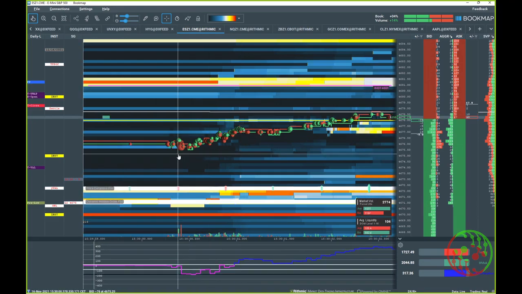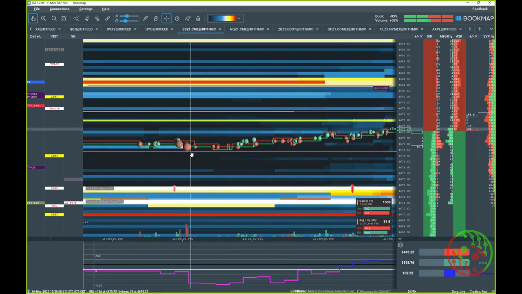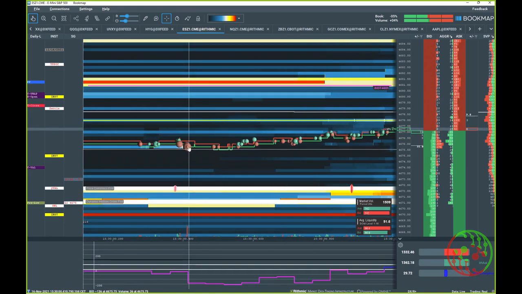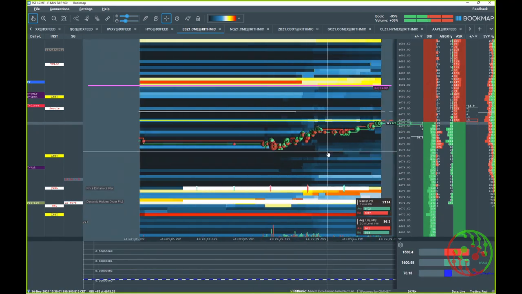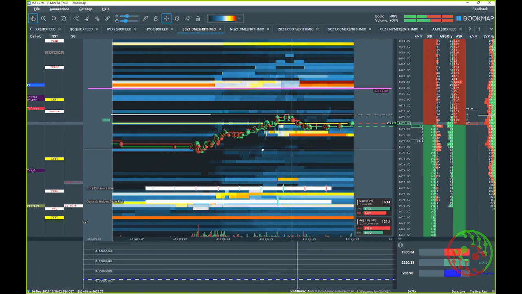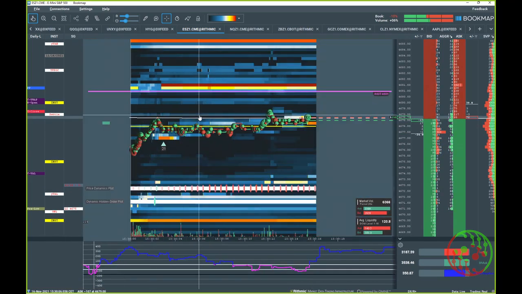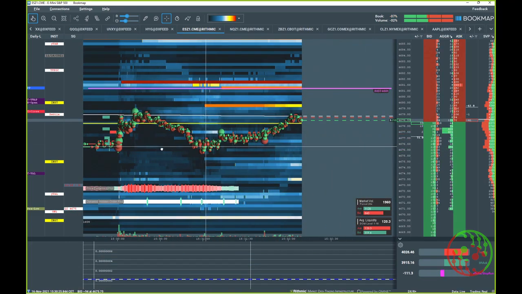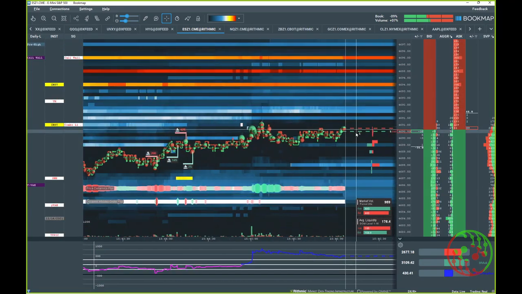Zoom in. Okay. So. I'm very cautious with it. When you zoom in, or when you look very, very close into the price development, you see that the stop run should be a little bit different. We will talk about sweeps as stop runs as well. I'm very cautious with that. So if it works for you, then use it, and that's really great, but I need a little bit more evidence. Let's see what happens here.